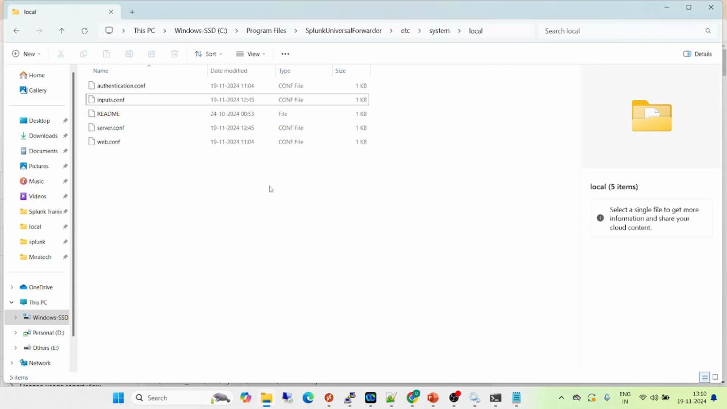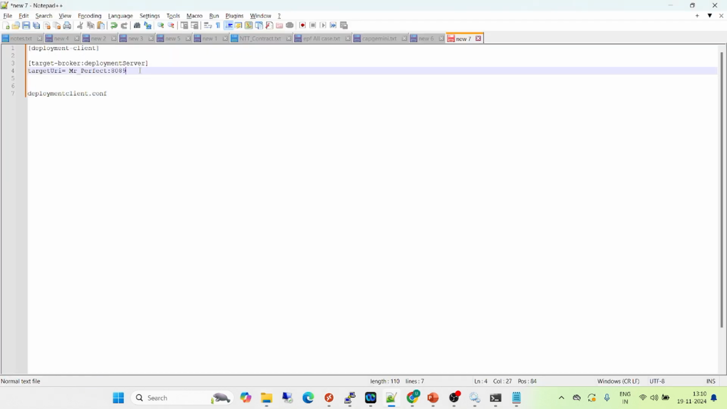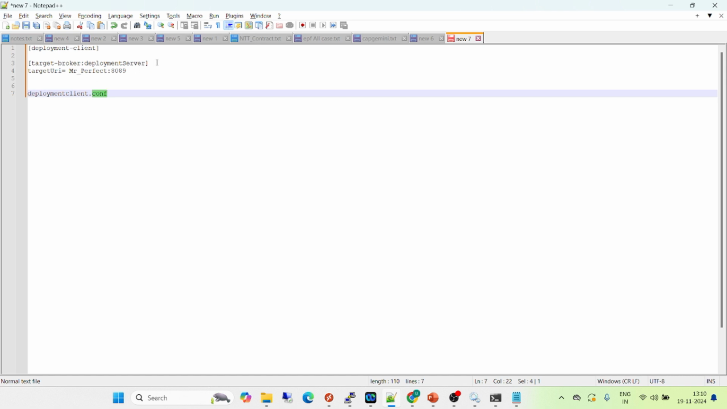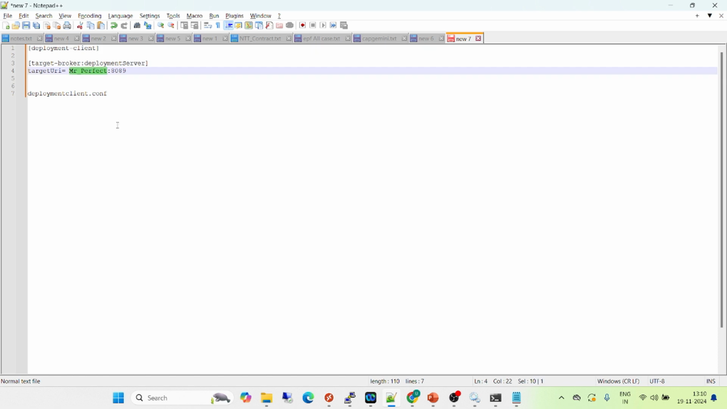So guys, this file deploymentclient.conf does not exist here. So what we can do is we can create the deployment file here and put all the details. Earlier we discussed we can do it via command line as well as the configuration file. Right now we'll do the configuration file. This is the file name we need to create in this location, and this is the content we need to push. This is the stanza of the deploymentclient.conf file,